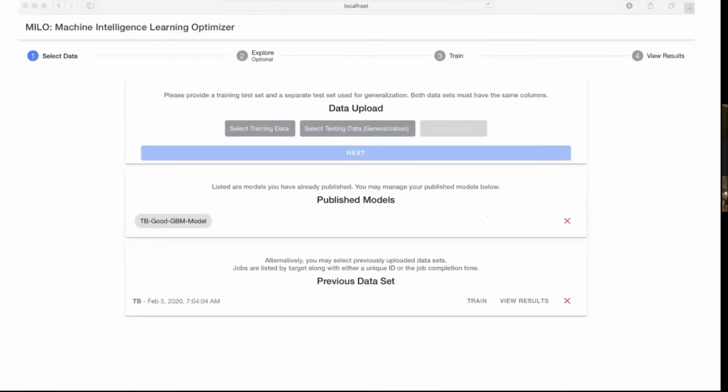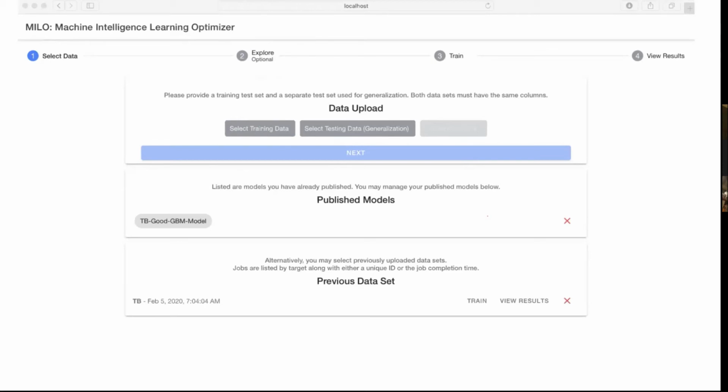And in terms of its process within MILO, it is a super simple approach. We have a 4-step approach, and the first step is selecting the data, and that basically you bring in the 2 data sets that I was mentioning, and I'll show you that in a second. And you select your target. The second step is you actually evaluate what was ingested within MILO so that you can basically see if there's any weirdness to the data or if the stuff was uploaded properly. And that's standard practice for best practices within machine learning before you actually do the modeling.